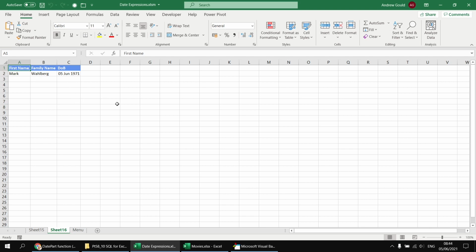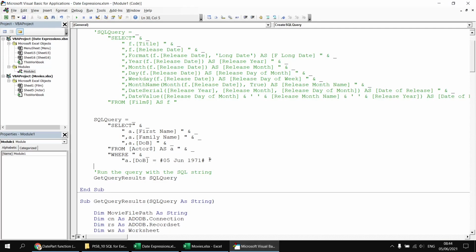Another date format you may see commonly used, if I head back to the Visual Basic Editor, I can add a second criterion to the same where clause. So I can say where a.dob is the 5th of June 1971 or a.dob equals, and then again in some hash marks I can use a standardized way of writing dates. I'm going to go for a separate year. I'm going to go with